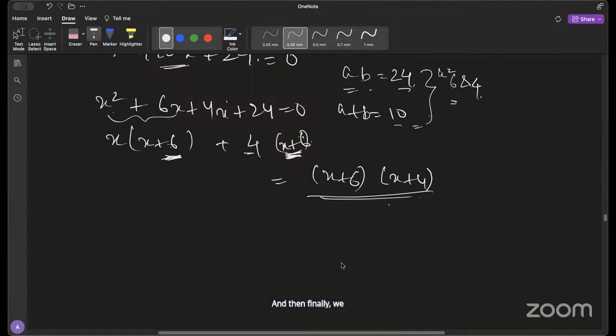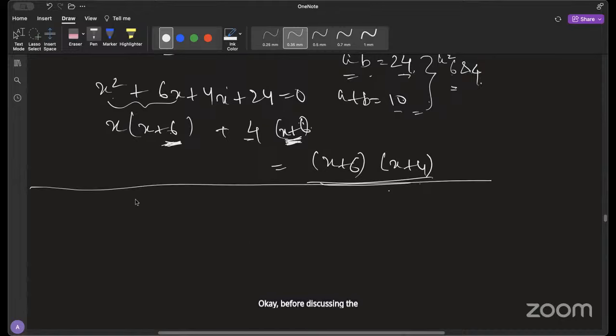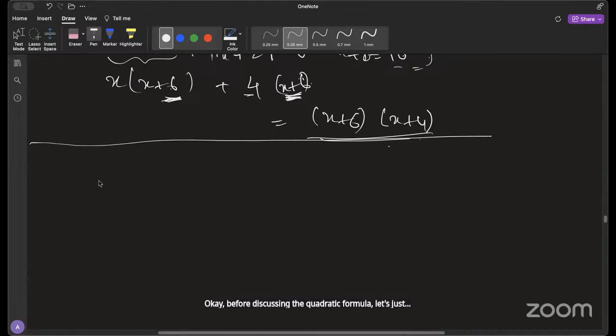And then finally we have the quadratic formula. Okay, before discussing the quadratic formula, let's just discuss the quadratic formula only first. Let's say you've been given this thing. And graphically, there's one more thing that's left to discuss, which was if you have this thing, then